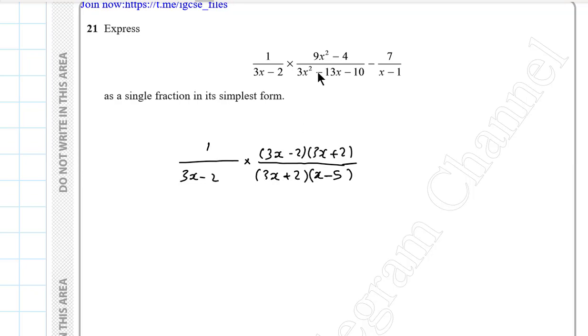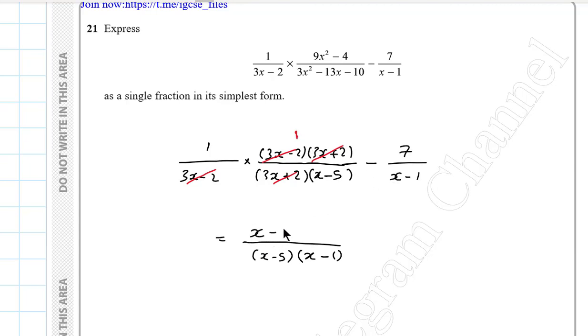We have negative 15x plus 2x, negative 13x, and also, as I told you, you can use your calculator to find these two brackets, minus 7 over x minus 1. We can simplify 3x minus 2 with 3x minus 2, and 3x plus 2 with 3x plus 2, and then we have here 1. So I will combine these two fractions into one fraction. It will be x minus 5 in the denominator multiplied by x minus 1, and in the numerator we have